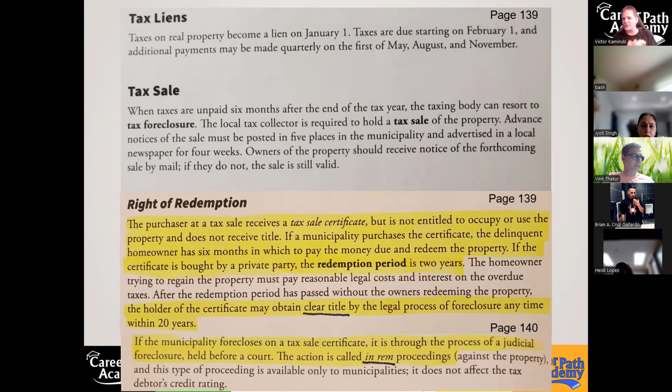I'm sorry, Jyoti, you had a question? Yeah, how do we come to know about it? Because this seems to be a good way to invest, like you said. Yeah, because you know the bank is just sitting and is really not getting anything at all. Ah, sounds like this class is going to be paying for itself again, right? Really soon. Yeah, but how common is the final step to actually happen?